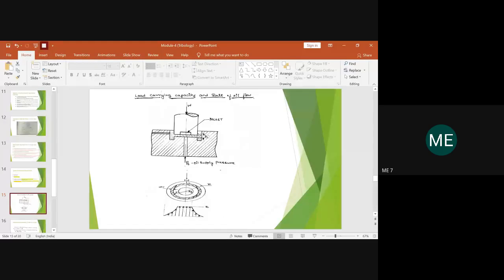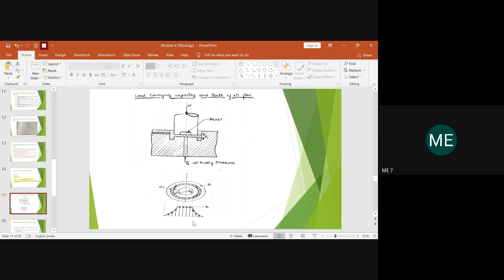Through which the oil supply is made to pass through, right? So you have a land here and you have a gap here in between. So that is the film thickness gap. The amount of oil will be associated here with the required thickness, and the rate of movement with which the oil will be flowing will also be determined later by using the derivation part. So this is the thing you have to understand.